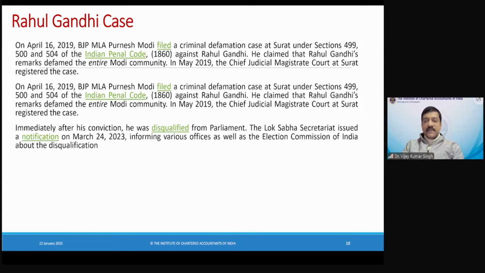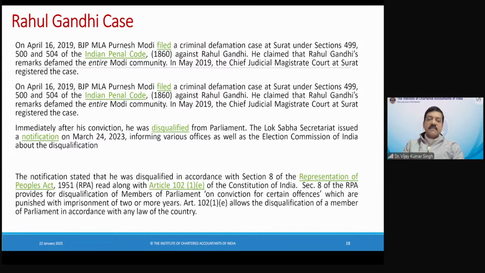And as per the Representation of People Act, there was a disqualification. So any MP who is punished for 2 years or more, a disqualification comes up. And pursuant to that, the disqualification was given. Now, many people may say that it is a very harsh punishment. If you see the newspaper coverage during that period, there were a lot of questions on this particular matter. But law is law. The law clearly says, even if the outcome is harsh, if a punishment was imposed by the court, the consequences follow. So consequences will not stop.